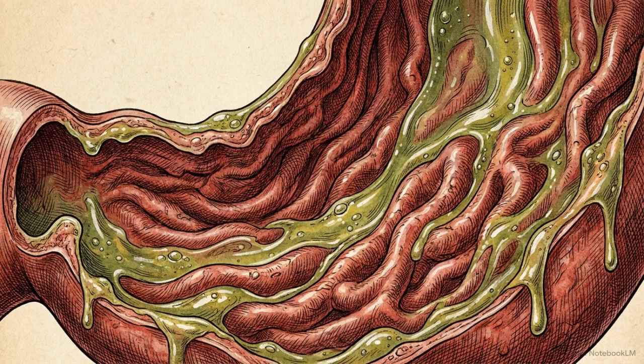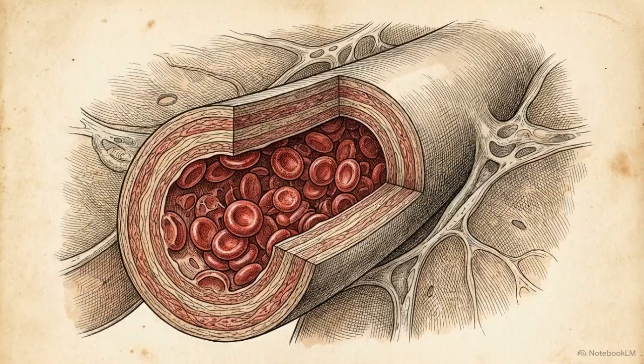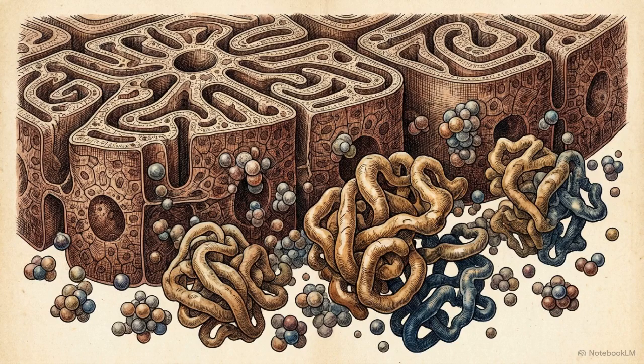The molecule must endure corrosive stomach acid, navigate an ecosystem of intestinal bacteria, and physically cross the tightly packed cellular wall of the intestinal epithelial lining. Even if the compound survives the gut, it immediately enters the hepatic portal vein. This route leads directly to the liver, where a filtration system of specialized enzymes is designed to dismantle and neutralize